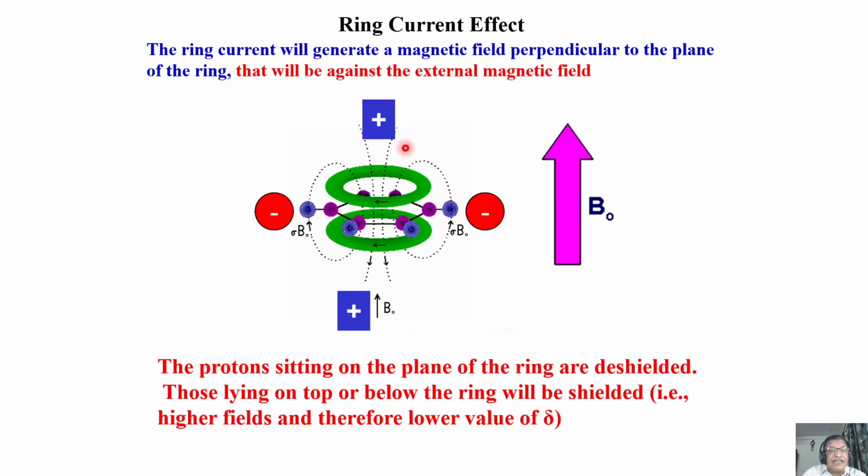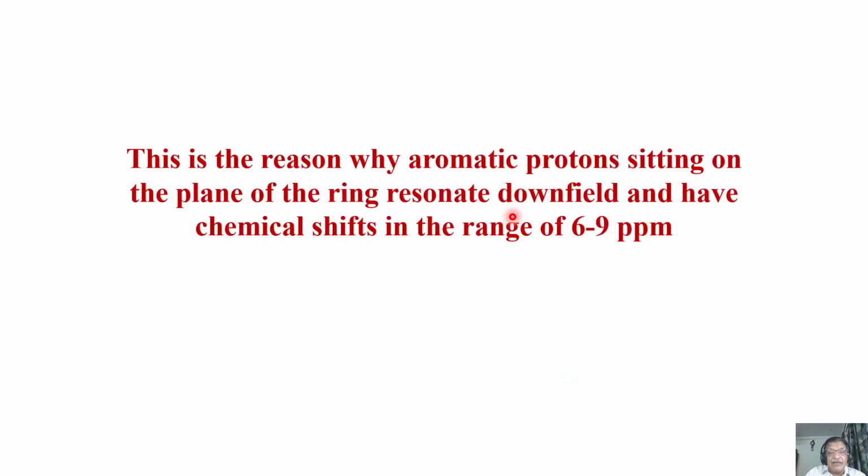So if I take a ring system of a molecule, if somehow the proton, because of a substitution or attachment of another group, comes and sits above this ring, it moves to high field because it gets shielded. If I have a proton just situated in the plane of the ring, then what happens? It moves downfield. This is exactly what happens.